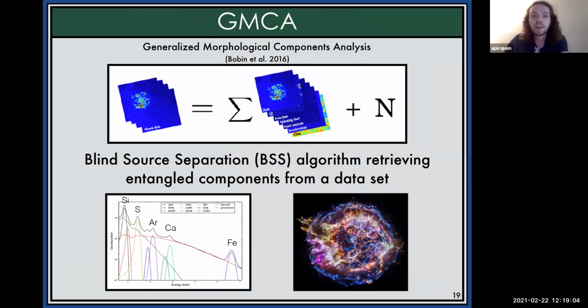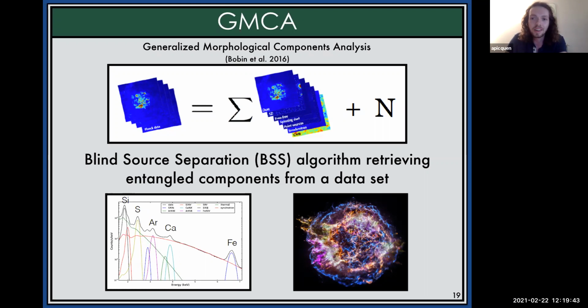And there was an algorithm that was developed for doing this, named GMCA, introduced by Jérôme Bobin in 2016. And it was used to extract this CMB. So we would like to see if it could also be used for supernova remnants and that kind of extended sources in X-rays. The problem is that it's not exactly the same problem as with Planck, as there are many more energy channels in X-rays than in Planck, in radio. And also we have Poissonian noise, which is not the case in Planck.